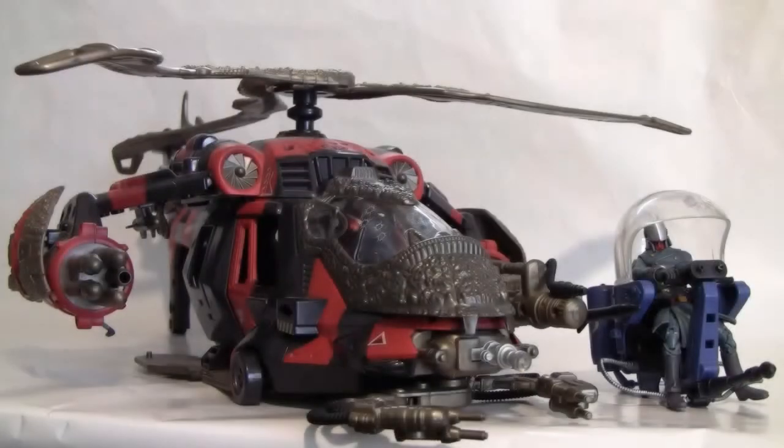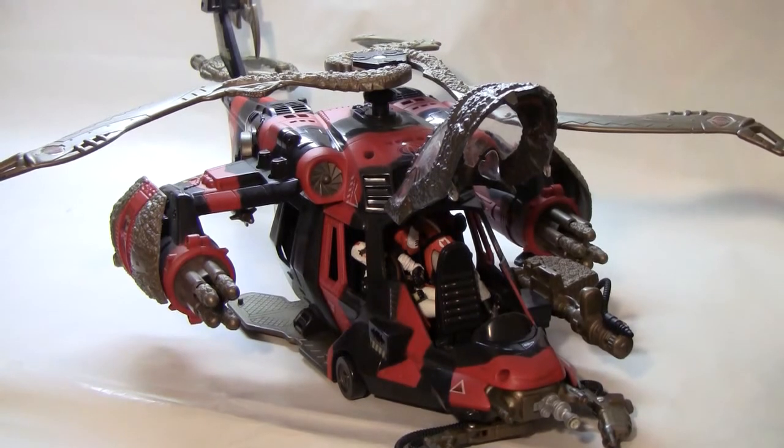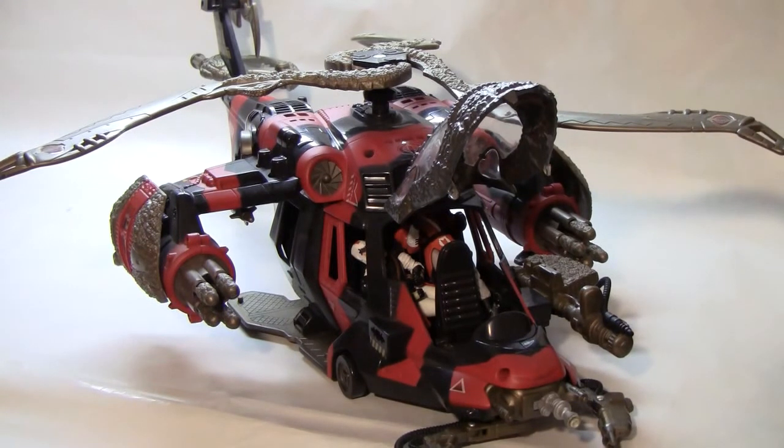The next set of vehicles that we'll take a look at are the Crimson Command Copter, as well as a blue trouble bubble. I say the Crimson Copter, and I wish I had a Valor versus Venom Cobra Commander to put in there, but unfortunately they're all somewhere else. But I definitely see this one because before I had any other helicopters, this was the biggest helicopter that we had,